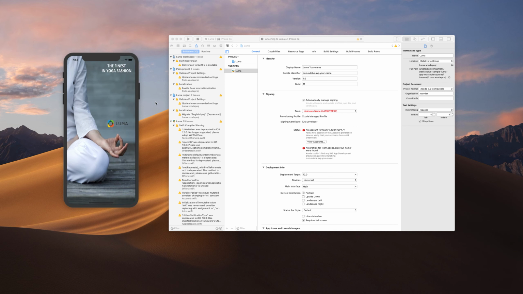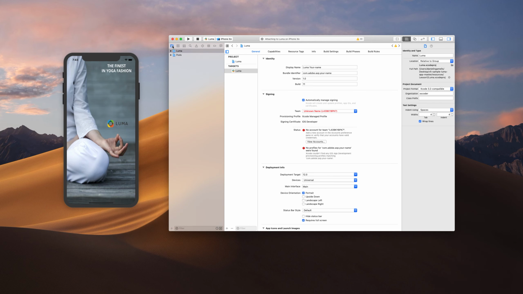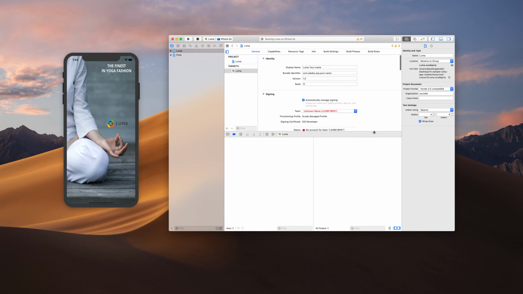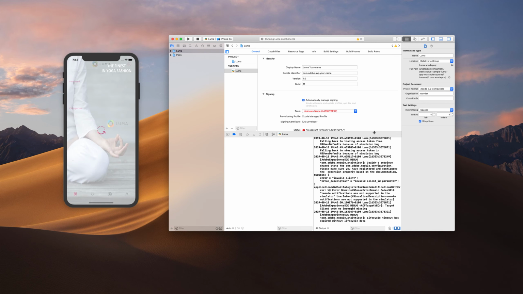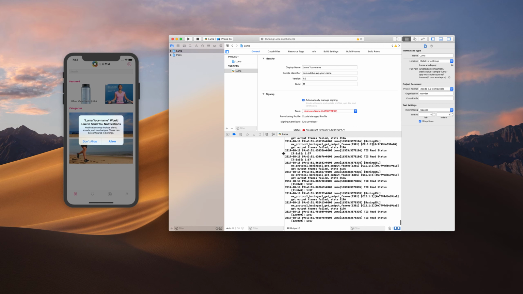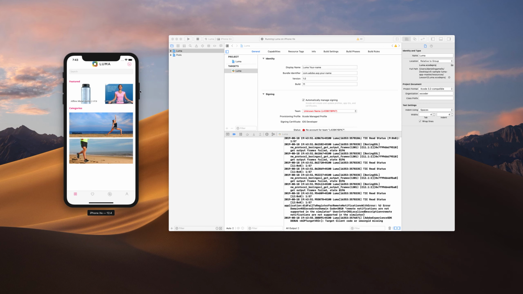Once this loads, it will then launch our application. And what we will be able to see, if we just use this little icon here, is the debugger output of our application. And there we go, so we're now starting to see the output of the app, and we then see our